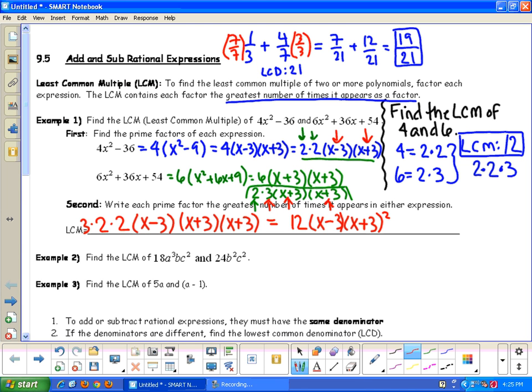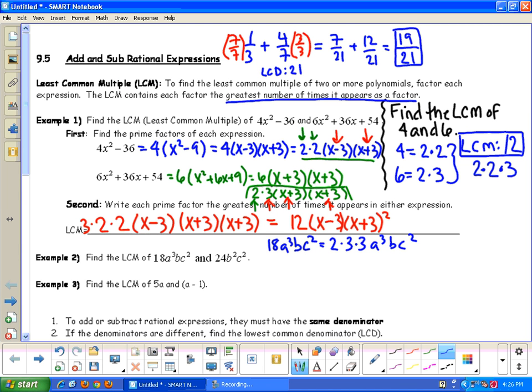So let's look at the next example, number 2. Find the least common multiple of 18a cubed b c squared and 24b squared c squared. So let's go ahead and do some stuff off to the side here. So 18a cubed b c squared, and then we want to factor that. So 18 is the same thing as 2 times 3 times 3, because 2 times 9. So 2 times 3 times 3, and then a to the third